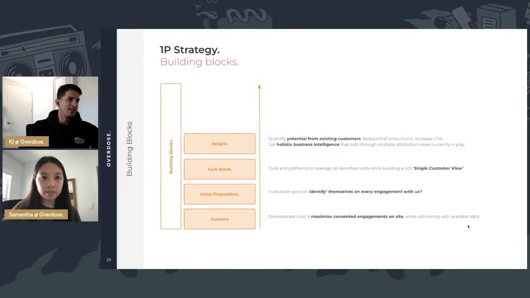All right. So that is three building blocks covered. Now we are on the fourth building block. So we have the tech stack now that allows us to know who our customers are. And if we have a CDP, we also have a single customer view, which is amazing. And now we are able to push audiences across all the platforms to do great marketing campaigns. But the question is that once you implement these things that I spoke about in the tech stack,